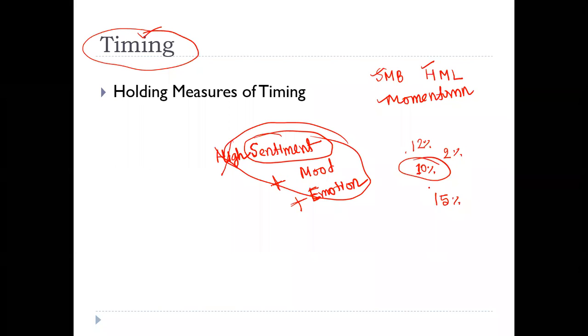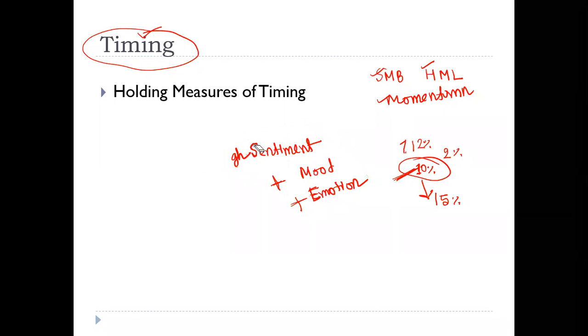Sir, my problem is with the terminology. Low sentiment should imply high rationality. No, rationality has no place for sentiment. Have you got it? Rationality is here, Bayes is here. If you are rational, if you are Bayesian, you are here. You should not be here or here. Am I clear? Okay, fine. So let's continue.